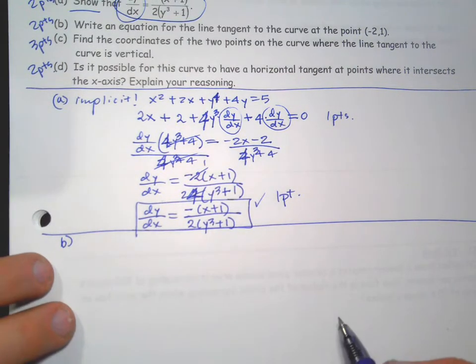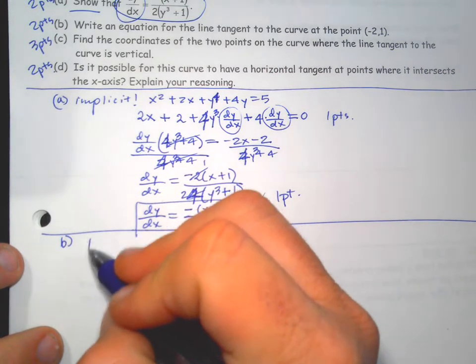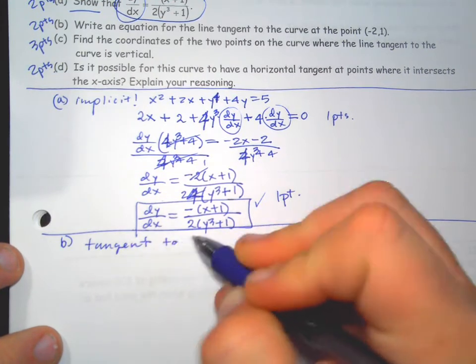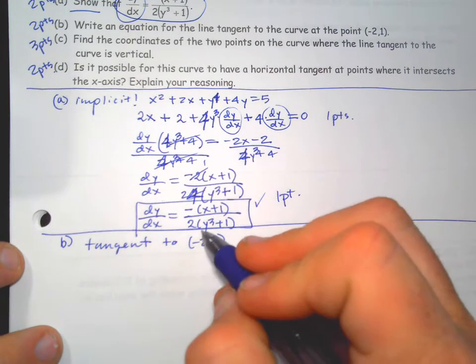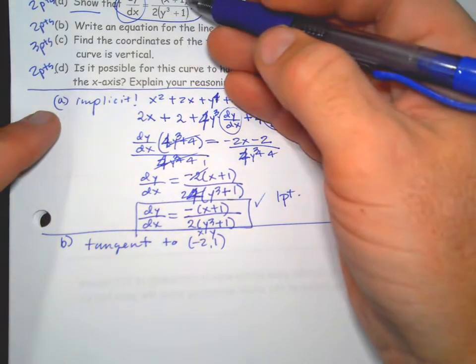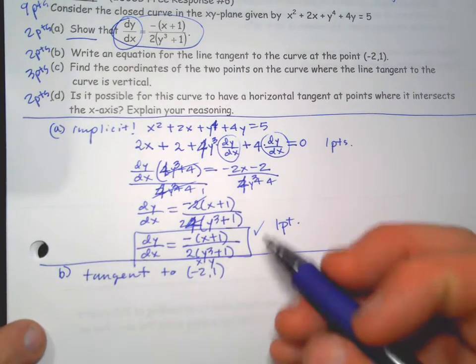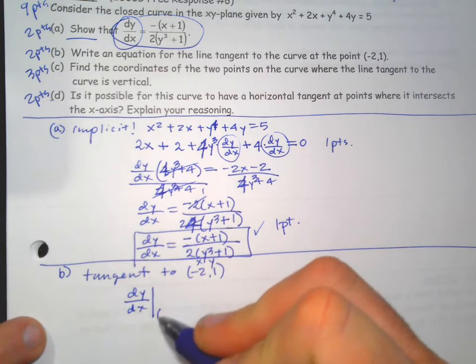I haven't asked you guys to do that ever. Okay, so if you want the equation of the tangent line, they're telling you the point, tangent to the point -2, 1. So you already have the point. All you need is the slope, and you have this equation for the slope. So even if you messed up part A, or even if you skip part A, you could do part B. Now make sure you show your work and label it,